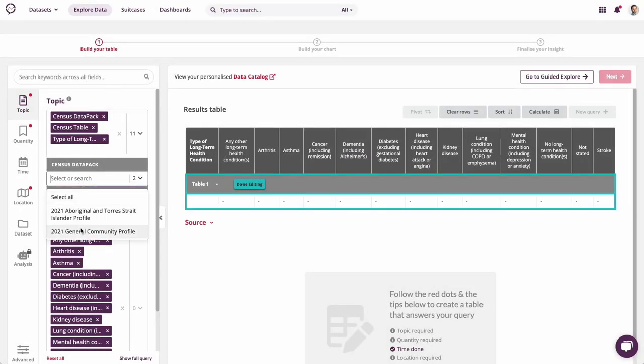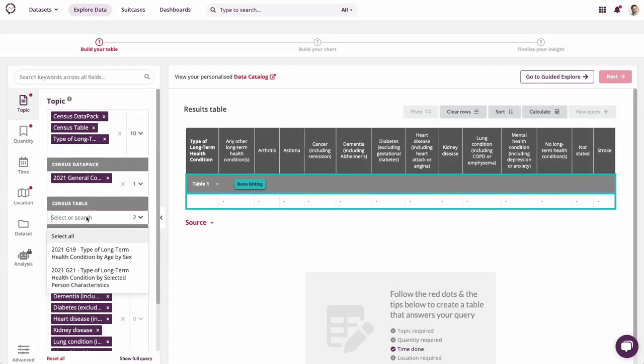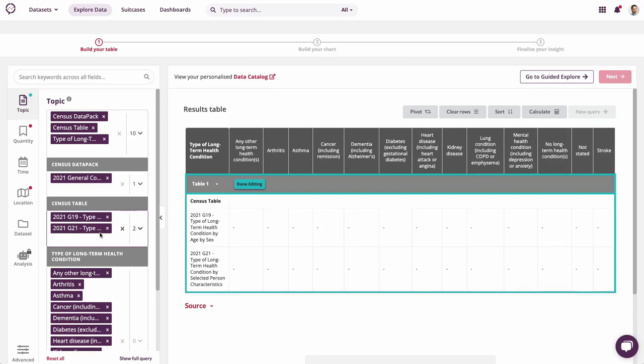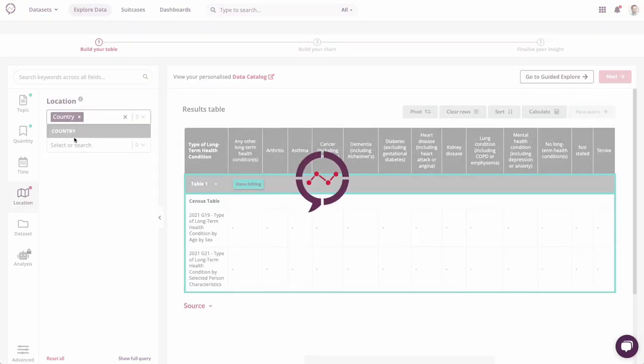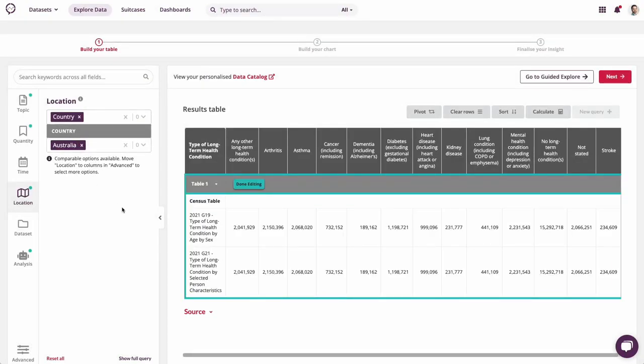Your table will be constructed as you complete each tab. Make sure to add options for each drop-down menu within Topic, Quantity, Time, Location, and Dataset. You'll notice that many fields are pre-filled due to the selections you have made in this tab or in previously edited tabs. You can edit your table directly by naming it,